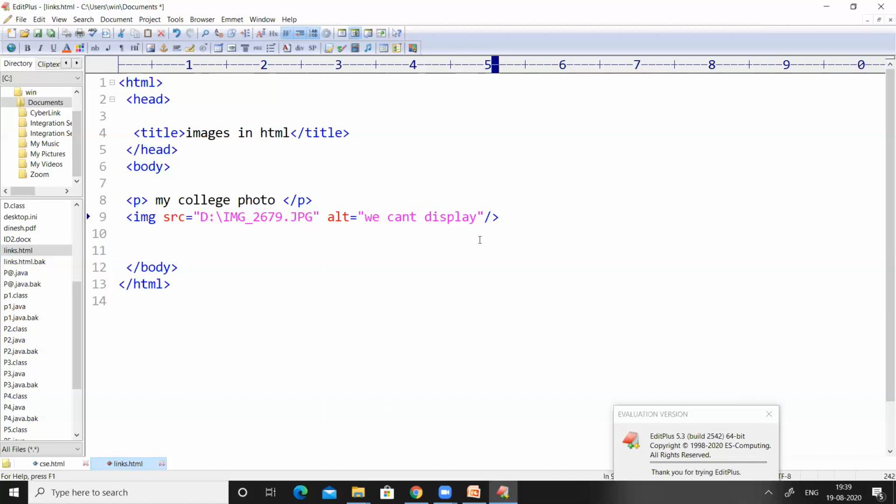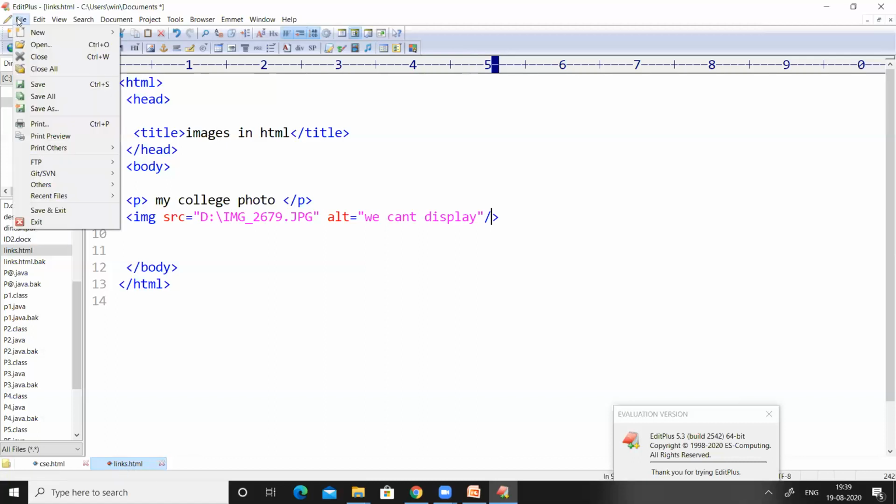So let us look at whether this code will display an image on the web page or not. We have already written the program related to links in the last session, so it is already saved with the name links.html.